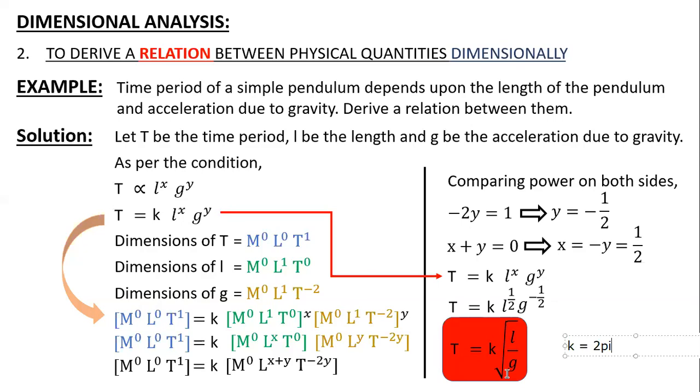independent of mass, independent of amplitude of oscillation. So at the end, you got the relation, not the formula. There is a great difference between the formula and the relation. This is how you can convert the statement. They will specify the statement in the exam, and you need to derive this relation. We'll have some constant k in it.